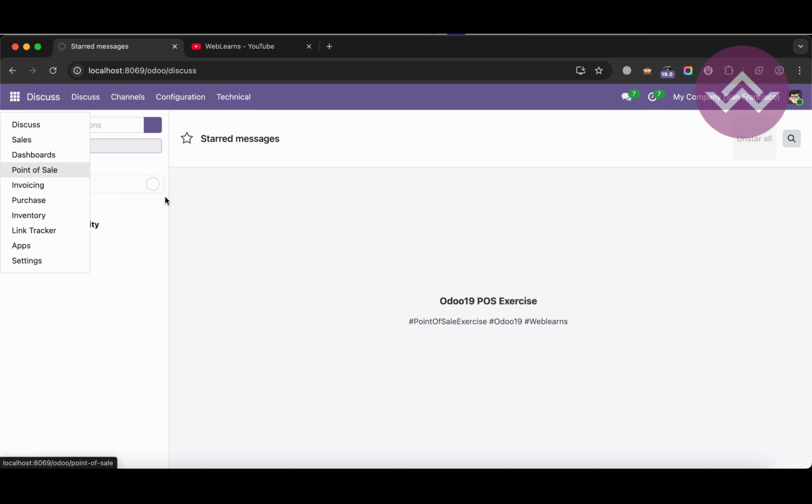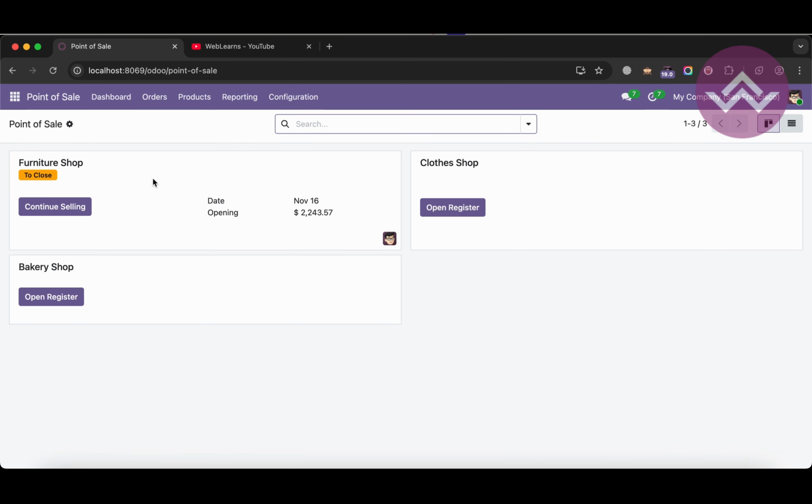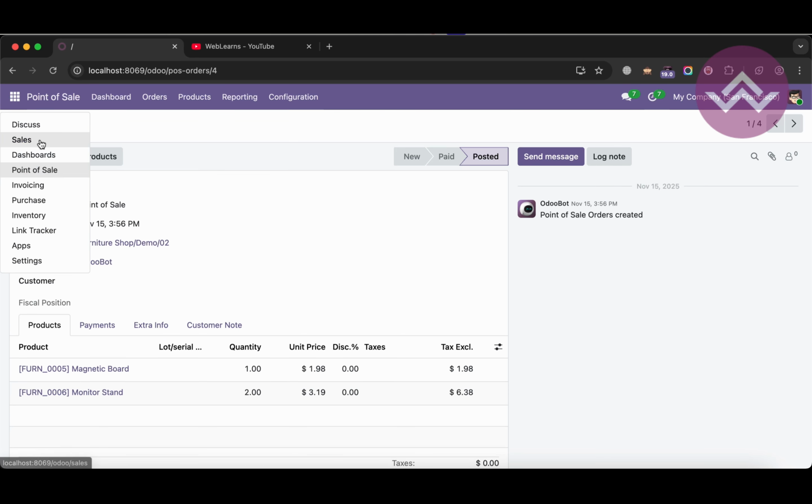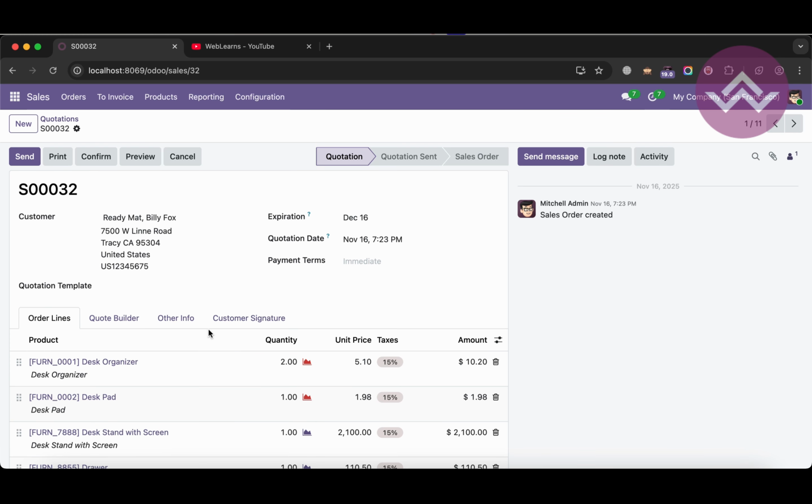Now our goal is, whenever we are creating orders from the POS screen, the order is created under the pos.order model, right? So this is the POS order, but instead we have to create a sales order, this one, from the POS screen. This feature is not yet available in Odoo,